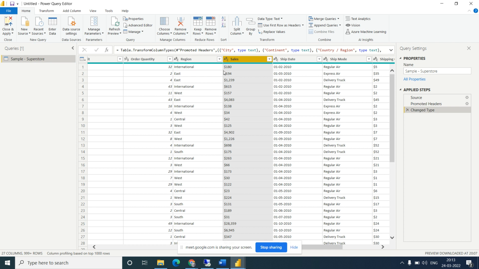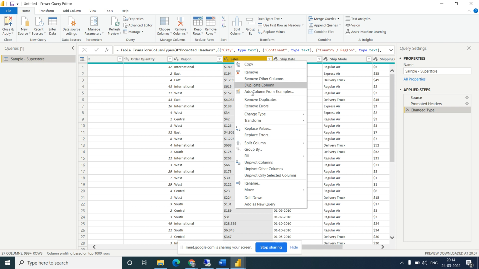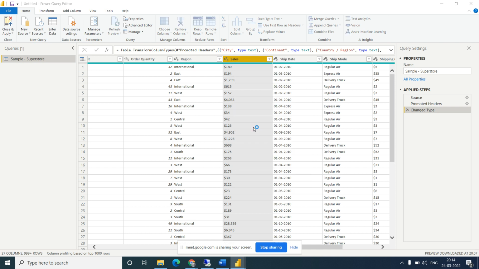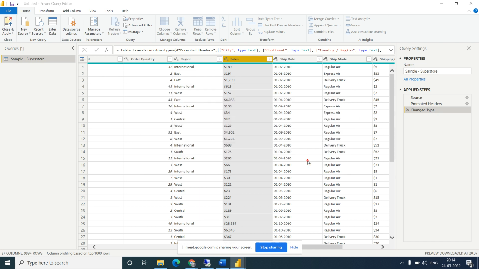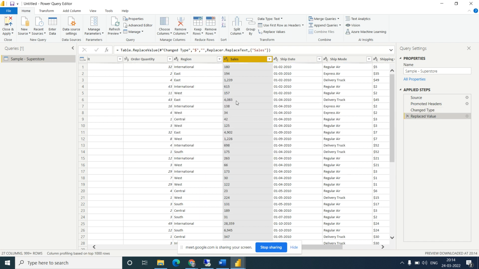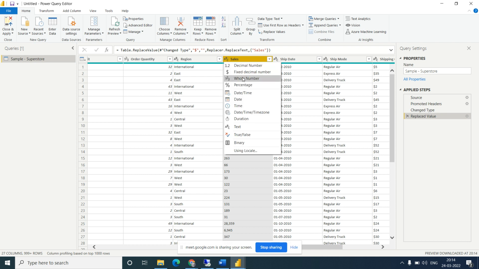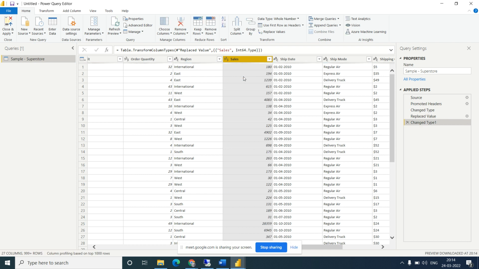First we need to remove the dollar sign. So how to remove? Just replace this. I will replace the dollar with nothing. So I got a value. Now I need to convert it into a number, so select whole number. It converts into a whole number.